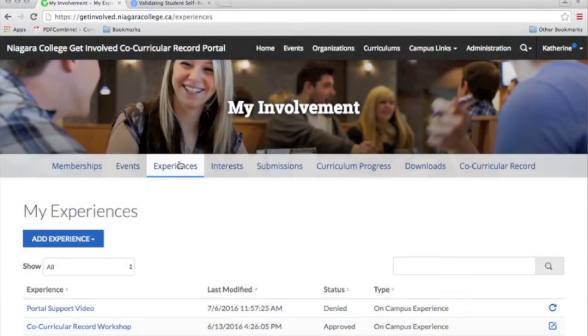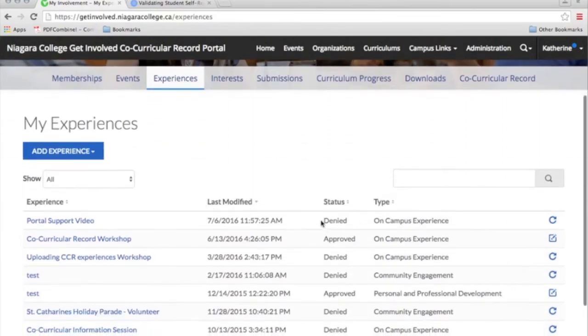If the experience is denied, it will also show up as denied within the student's Experiences tab. If the experience is denied, students are able to go in and edit that experience. Perhaps the validator has suggested, well, so-and-so only participated for 5 hours when they have 7 hours written. Can that please be changed, and then I can validate? So the student can go into a denied experience